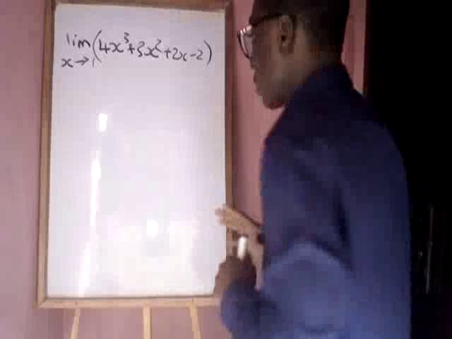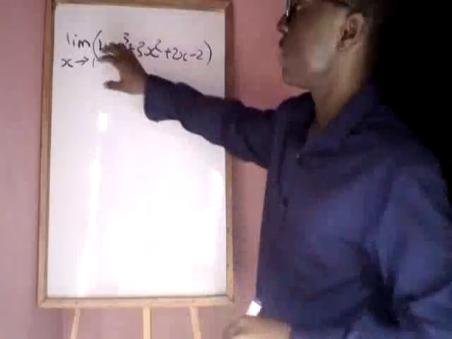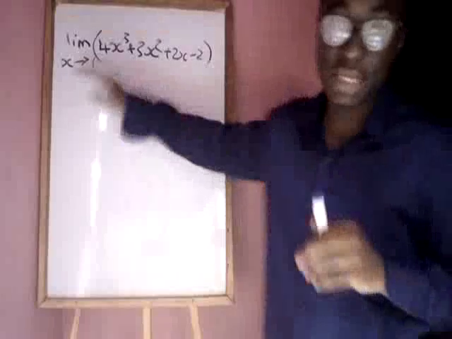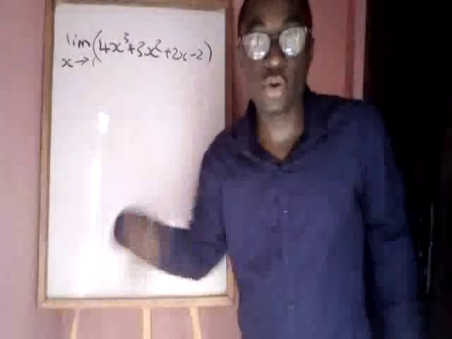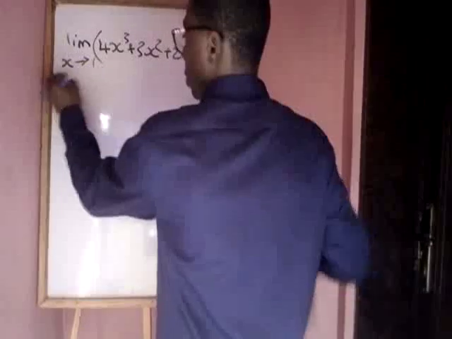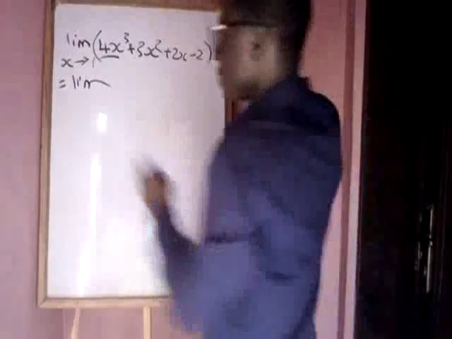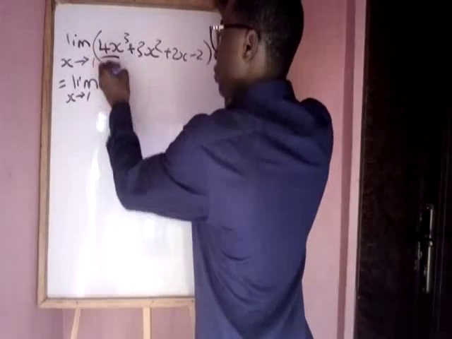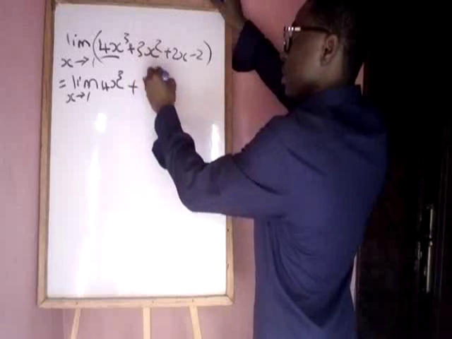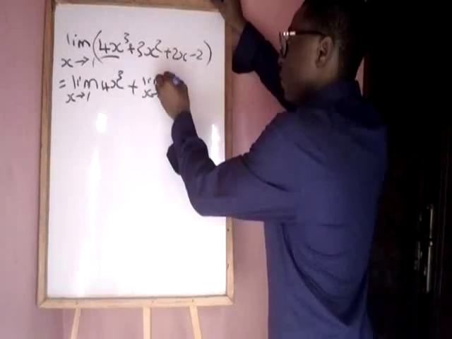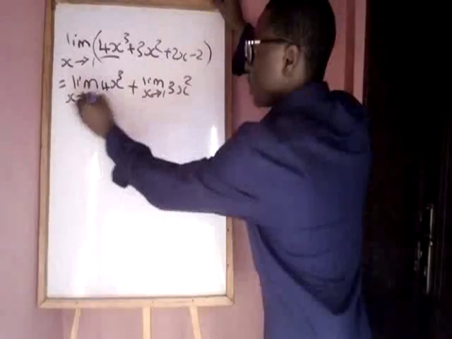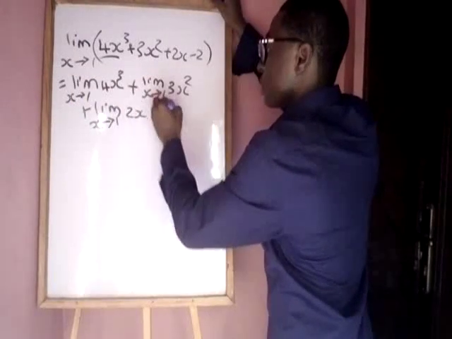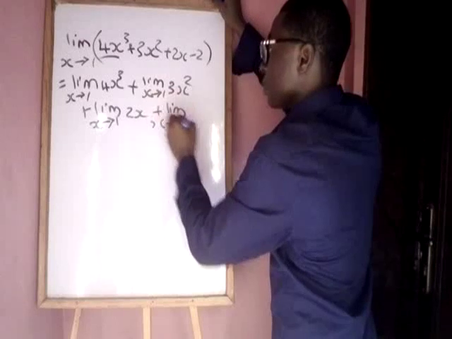Basically, in this particular question, the first thing we are supposed to do is break down these terms. This is the limit of a sum, right? Now we'll change it to the sum of their limits. So that will equal the limit, let's pick the first term, the limit as x approaches 1 of 4x cubed, plus the limit as x approaches 1 of 3x squared, plus the limit as x approaches 1 of 2x, plus the limit as x approaches 1 of